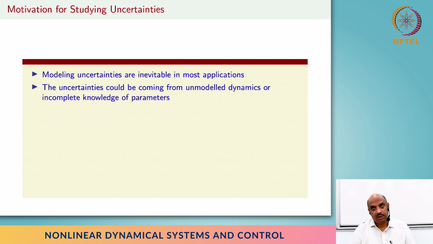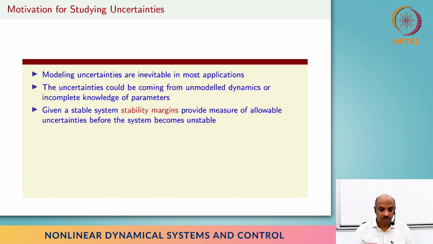And sometimes the uncertainties are because you are unable to exactly measure the model, right? Other times we want to ignore some dynamics because it's too complicated to model, and perhaps we have other methods of dealing with such ignored dynamics, right? So any model will definitely have these uncertainties. The only hope is that these uncertainties are not going to destroy the stability of the overall system. So therefore,